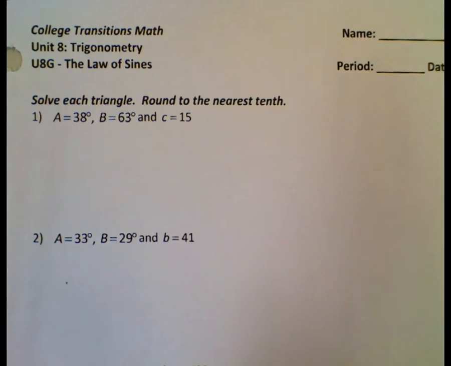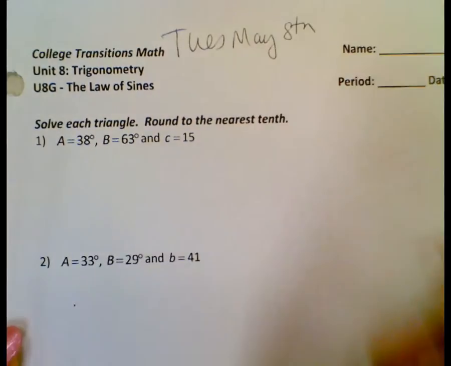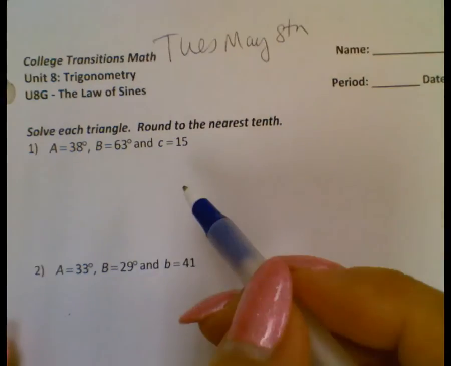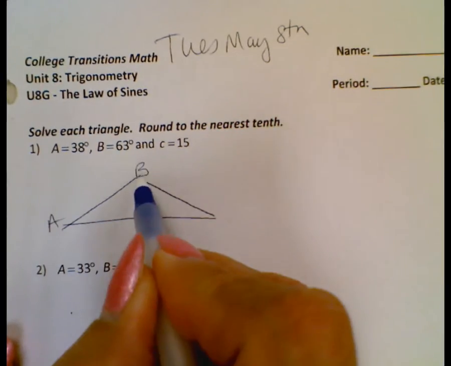Hey, this is homework on the law of sines. This is Tuesday, May 8th. Okay, so what you're going to do is draw a triangle, label it ABC, and